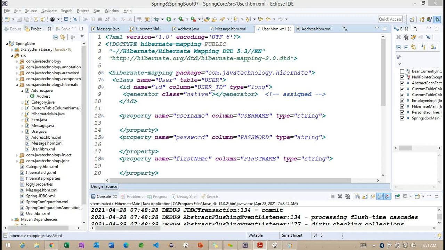So any questions regarding this particular composition like component or how we can work on the component using the same table with a different information.